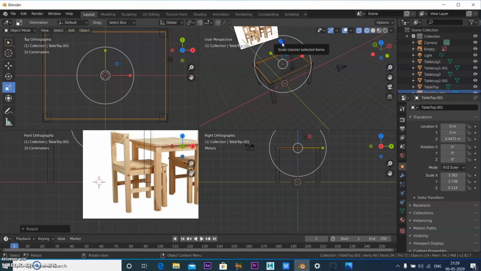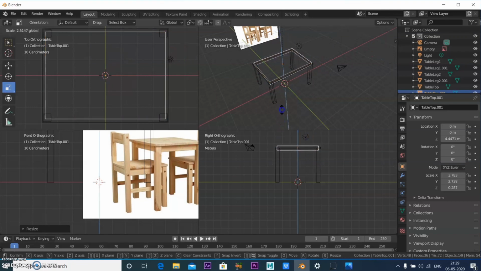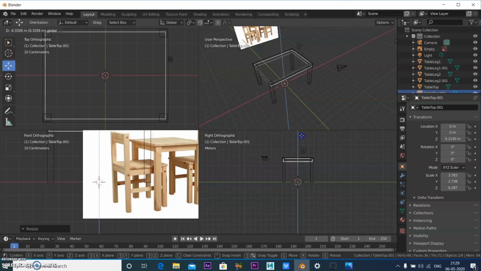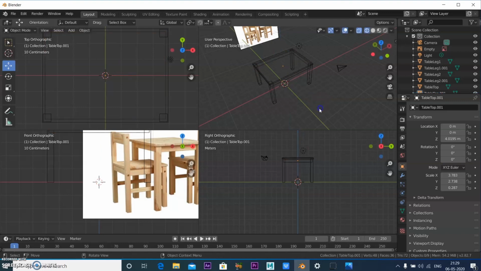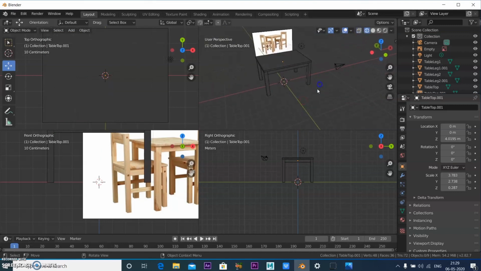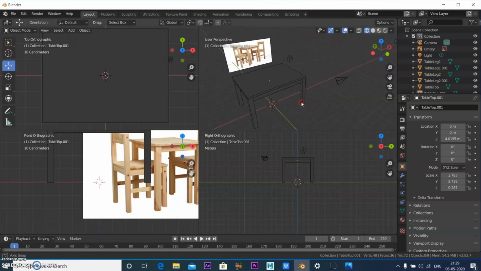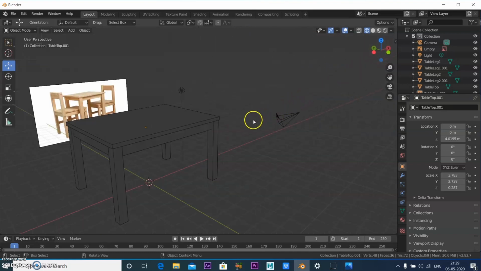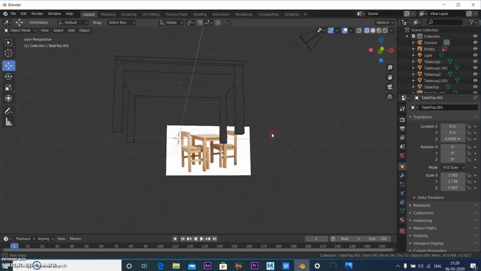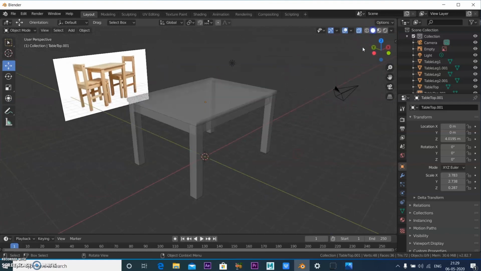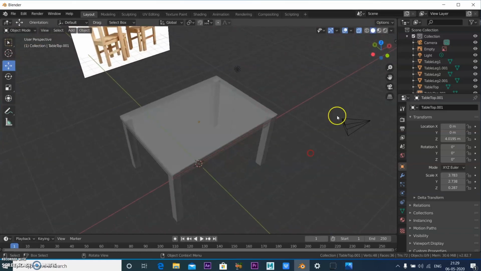To give the thickness for this, I'll just increase the thickness of this. And you can just go to the Move tool and bring this down. So now you can see that we have just created a simple table. Okay, Control Alt Q to maximize the view. Now I can see how we have created this table over here. Go to the shaded view and we can see the X-ray view, how it looks.